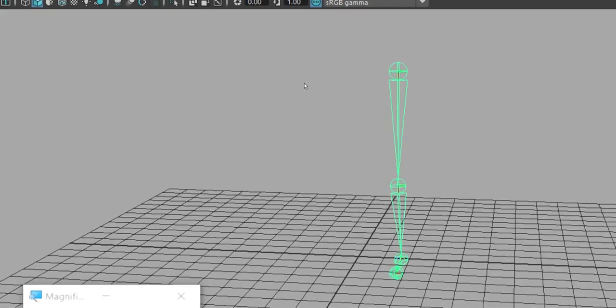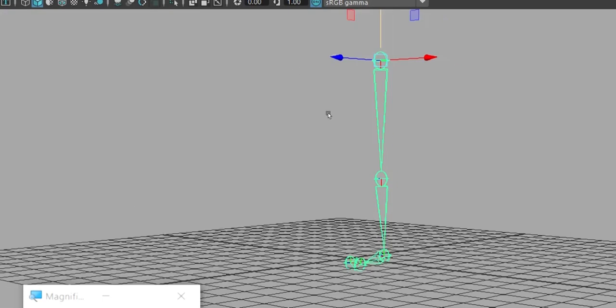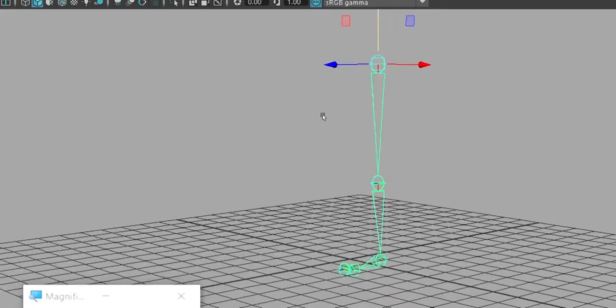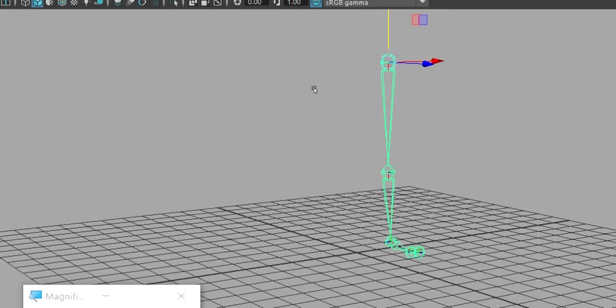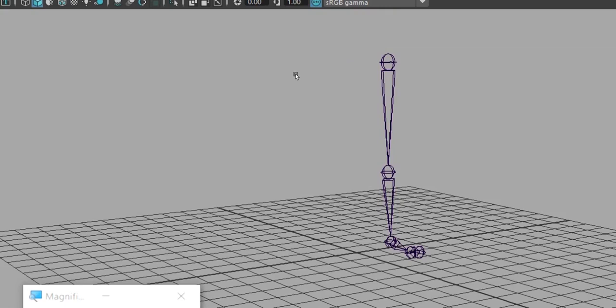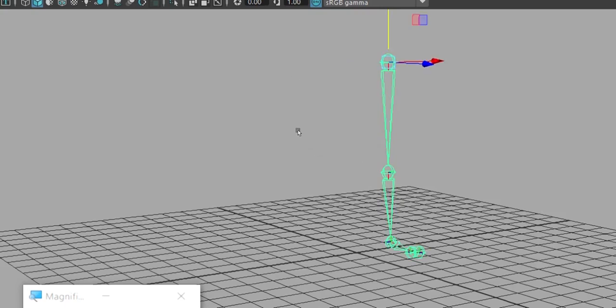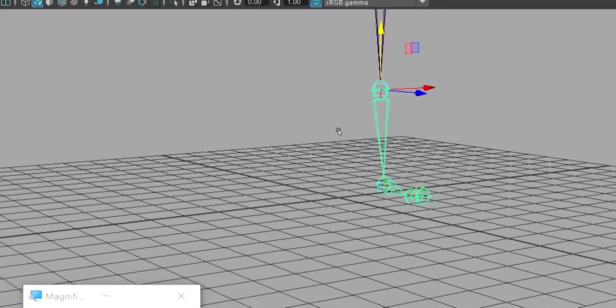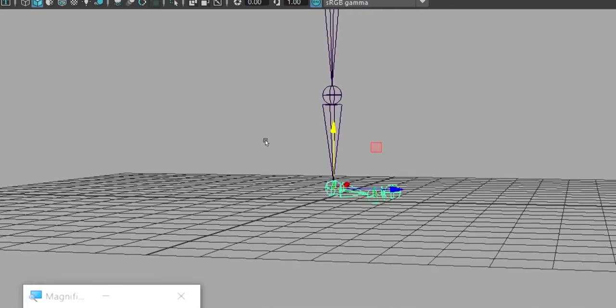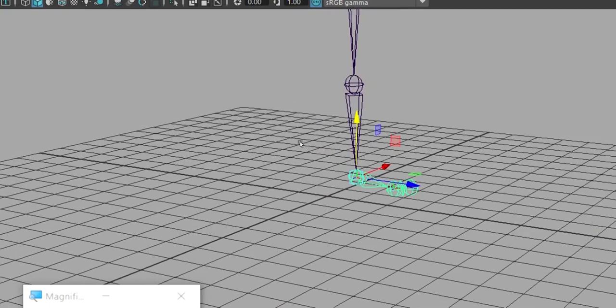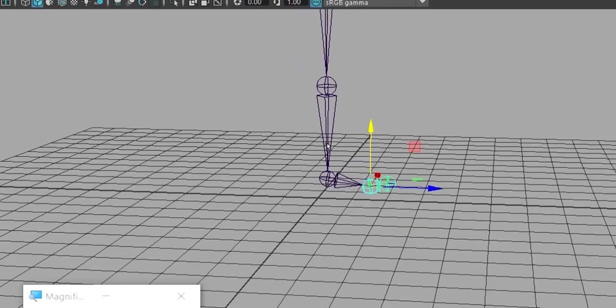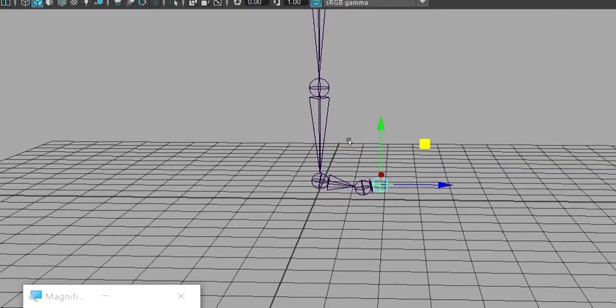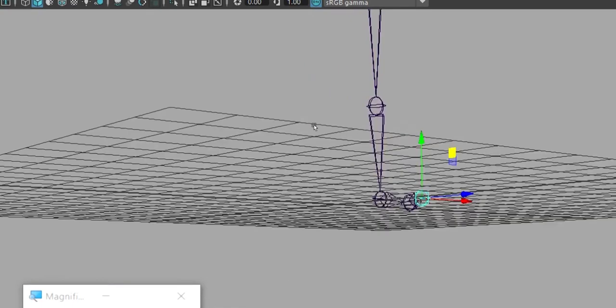Can I assume this is a leg, either left side or right side? Assume the structure as a leg. This is the hip, this is the knee, and this is the ankle, and this is the ball roll. We used to say it is the ball, B-A-L-L, ball roll. Technically we will come to know what that is later. And this is the fingertip or the tip toe.